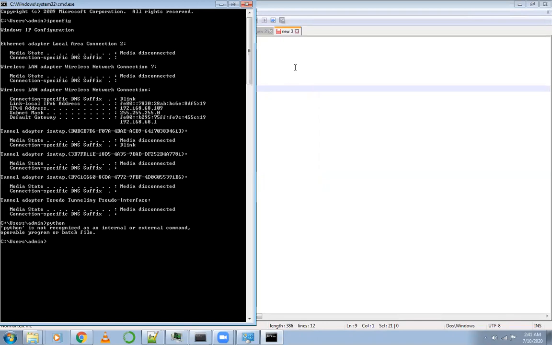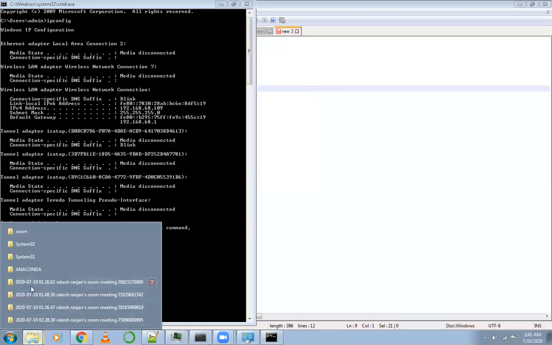If you'll see it here, it's not working at all, it's throwing error. So command prompt is not able to identify the Python keyword. So in this case, what we have to do, we have to go to the respective directory path, and then we have to run the Python command.